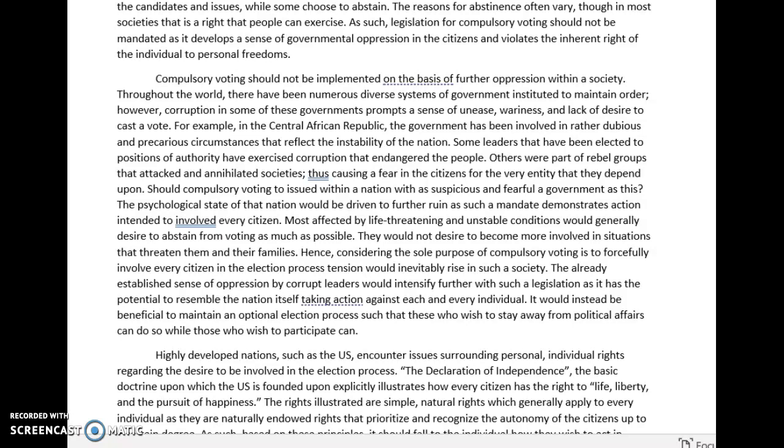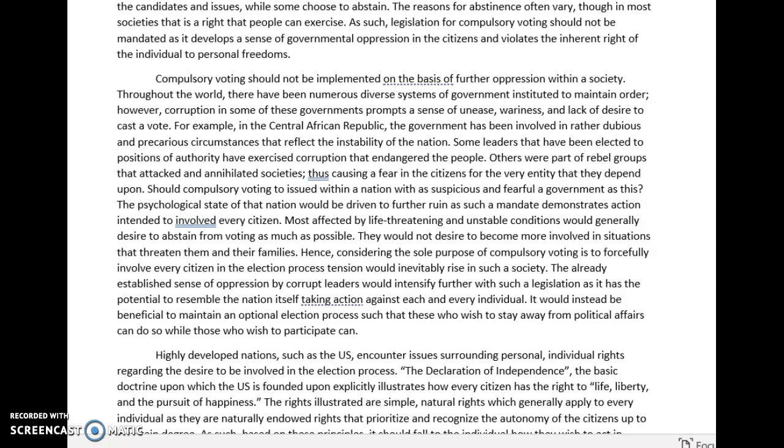Others were part of rebel groups that attacked and annihilated societies, thus causing a fear in the citizens for the very entity that they depend upon. Should compulsory voting be issued within a nation as suspicious and fearful of a government as this? The psychological state of that nation would be driven to further ruin as much a mandate demonstrates action intended to